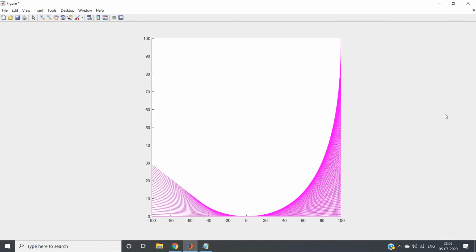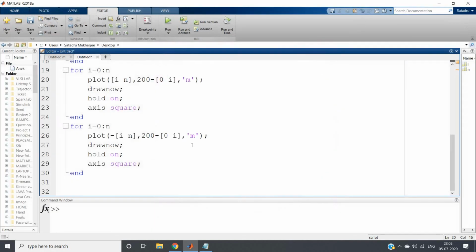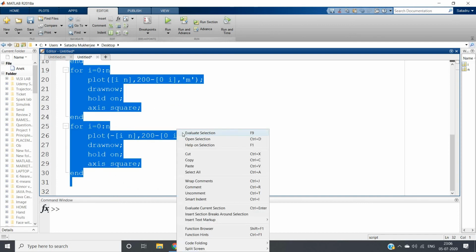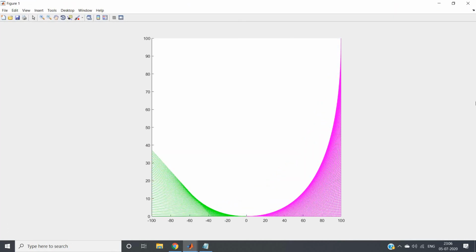Let us check. If it does not work, we will do some modification. No, it's perfectly working, as you can see. Our project has been successfully implemented, and you can see how beautifully, using only straight lines, we have come up with one circular shape. Now, if you want, you can change the color also and play with this. Maybe I can make the second and fourth ones green and check the color change.